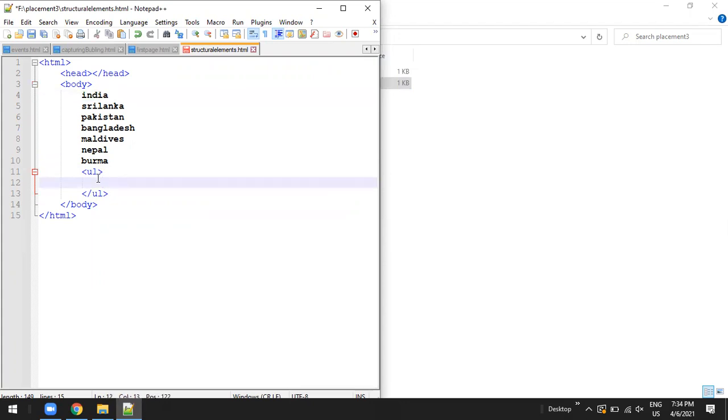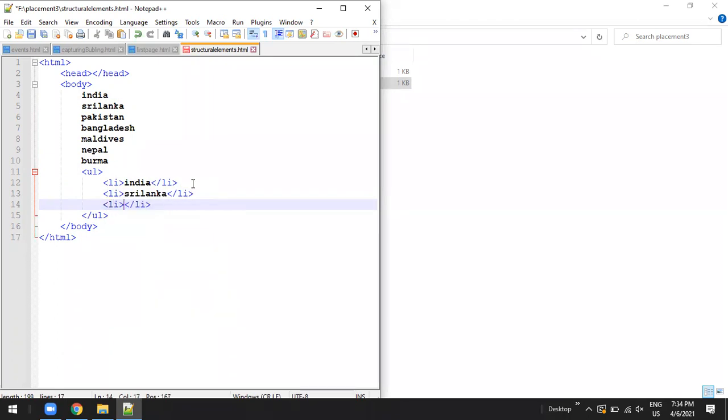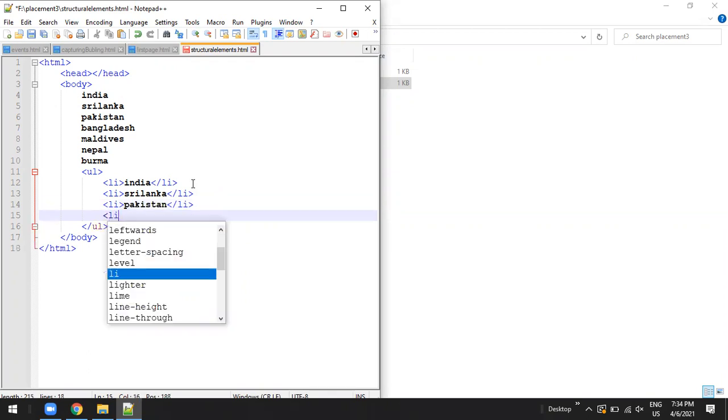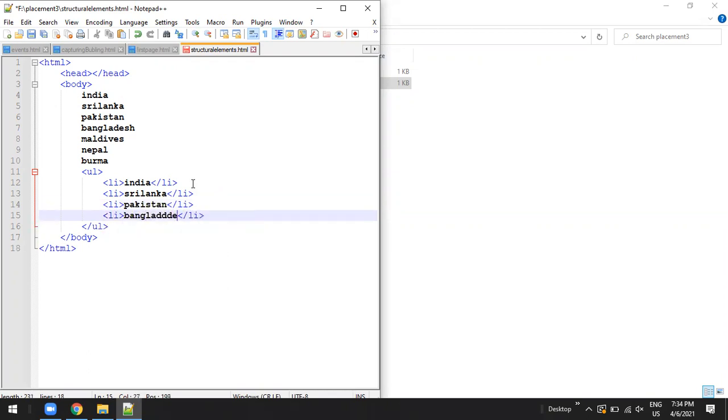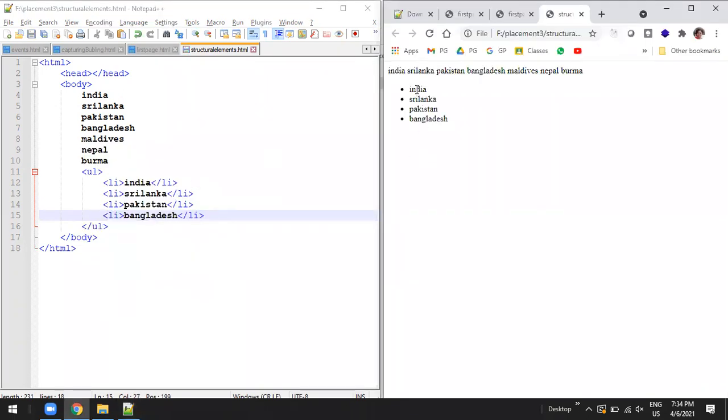So first India in a list item, and one more list item as Sri Lanka, and one more as Pakistan, Bangladesh. If you see the output now, India, Sri Lanka, Pakistan, Bangladesh have come in a list form, one after the other.